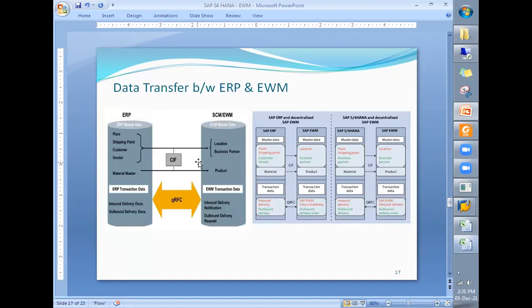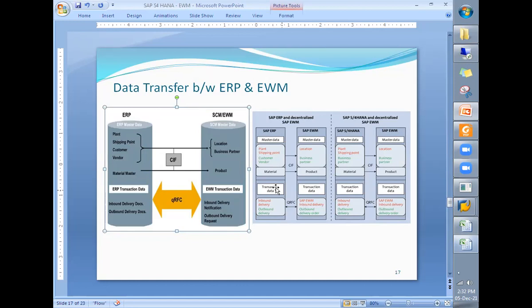So what is the difference based on the deployment option? After the launch of SAP S/4HANA, whenever you come across the term ERP, we now have two ERP business suites: one is ECC, another one is S/4HANA. So whenever you come across ERP, you can take it as ECC or S/4HANA.